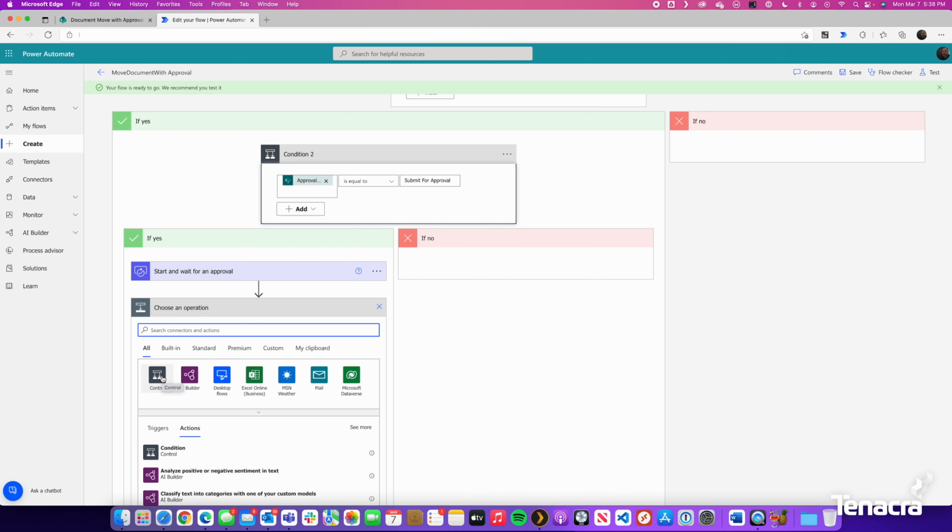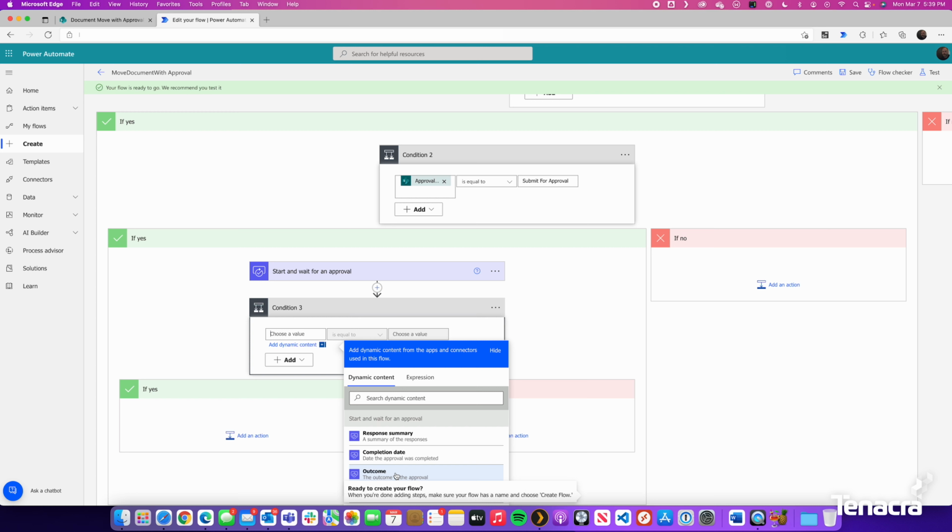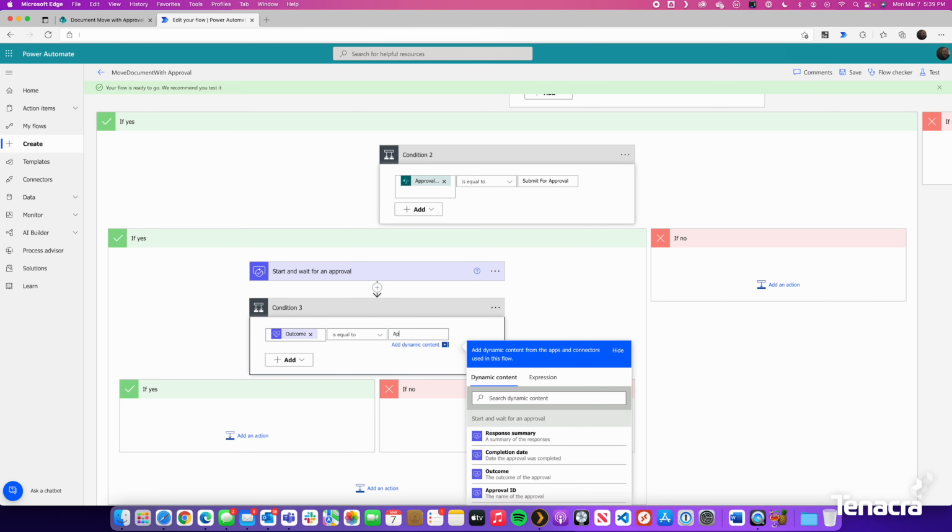The next step is to wait for an outcome of the approval. And if it's approved, do one thing, and if it's rejected, do another. So again, we'll just use control and use conditional logic. For choose a value, we're going to choose outcome. So we'll get the outcome, the approval. And if it's equal to approve,